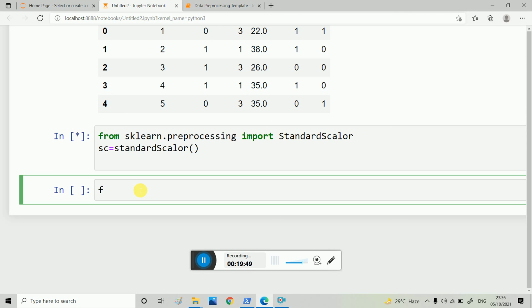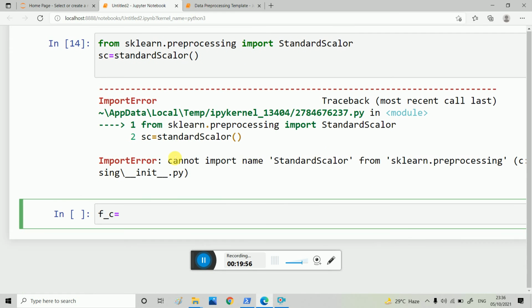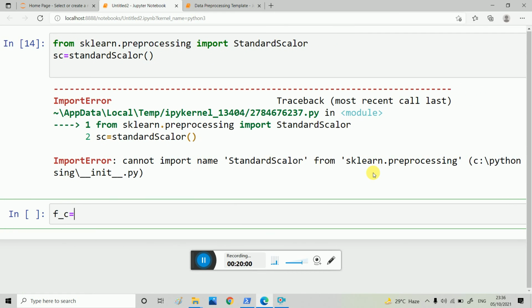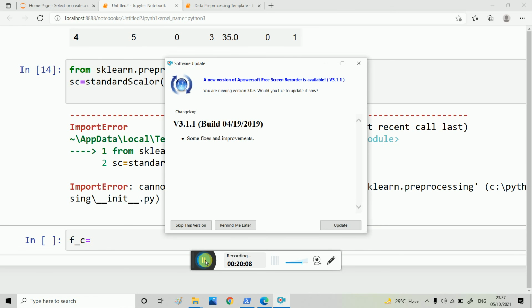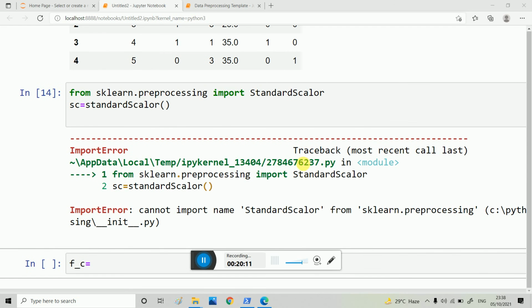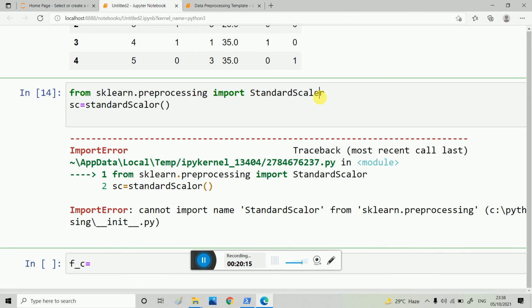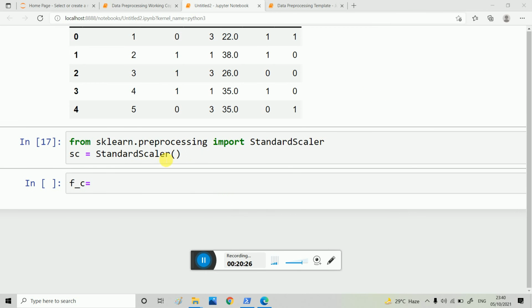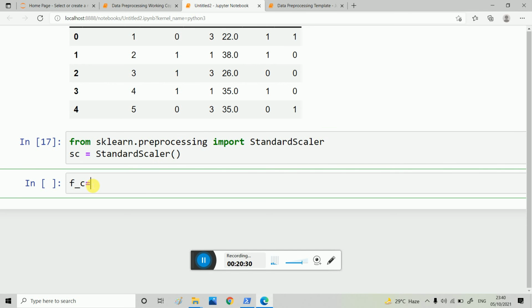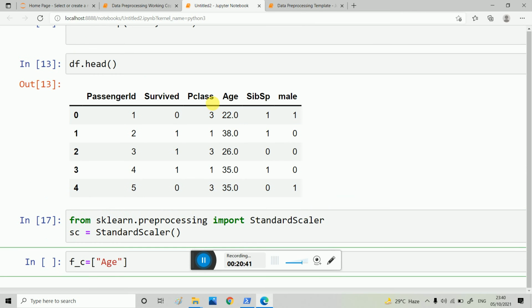Let's take a feature scale. I am taking a variable feature_scale is equal to age, because we have to feature scale the age value.